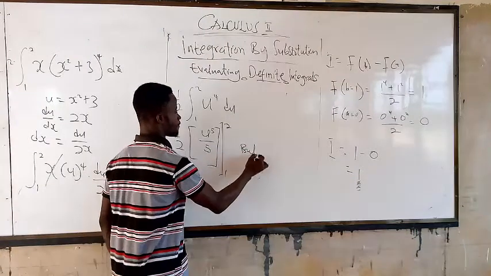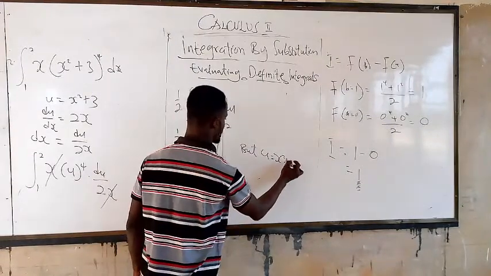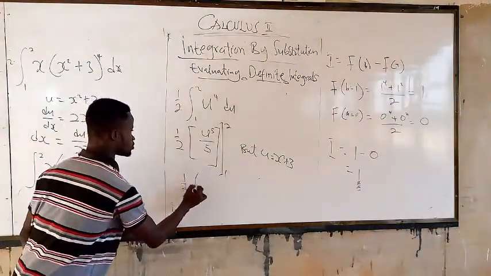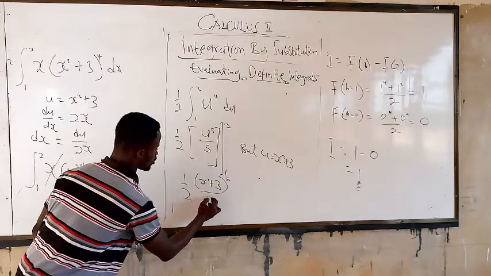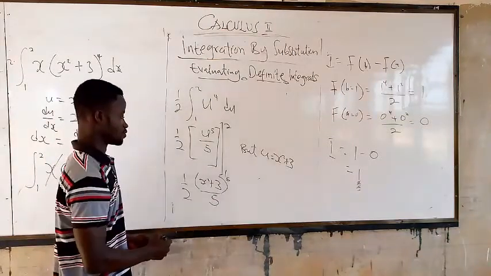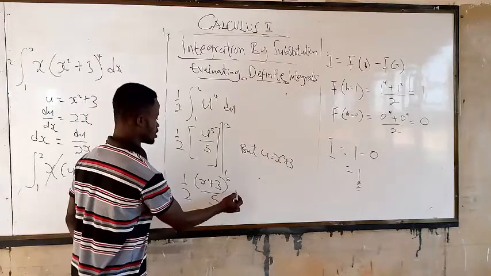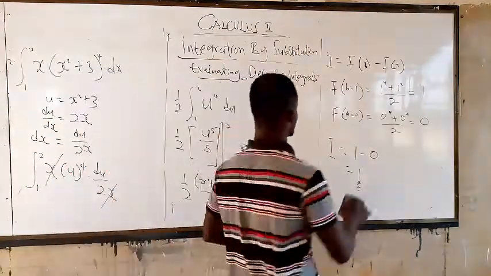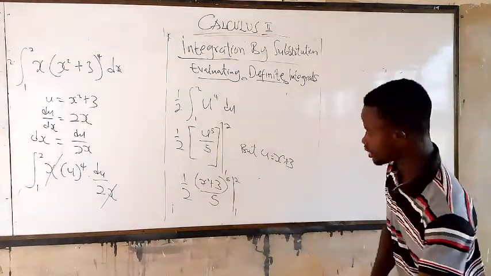But u is equal to s squared plus 3. I will tell you something. To have s squared plus 3 to the power 5, all these over 5, all these over 5. Then you bring the 1 over 2 to this side. Now, with here, you know that